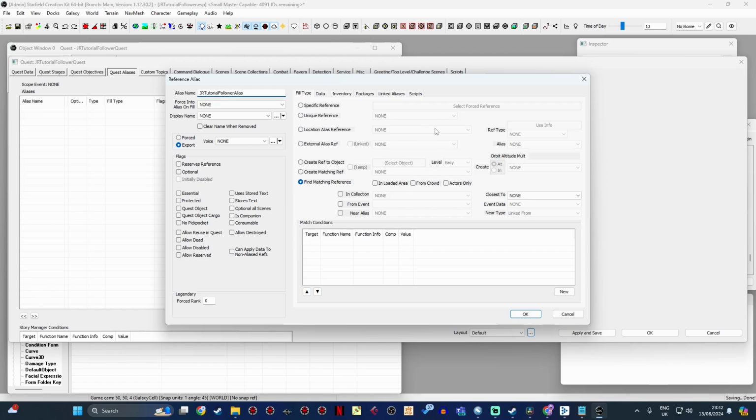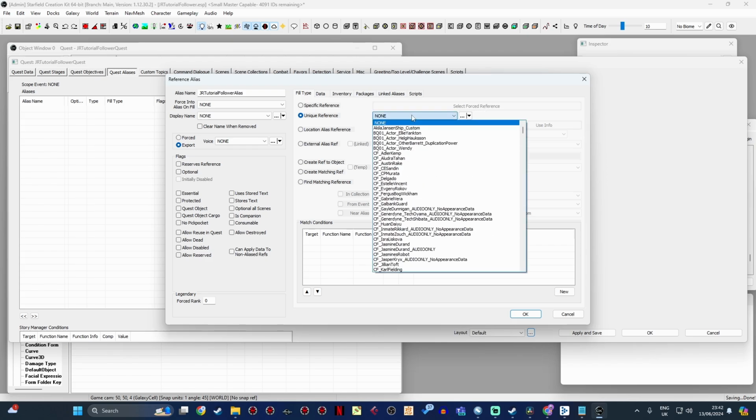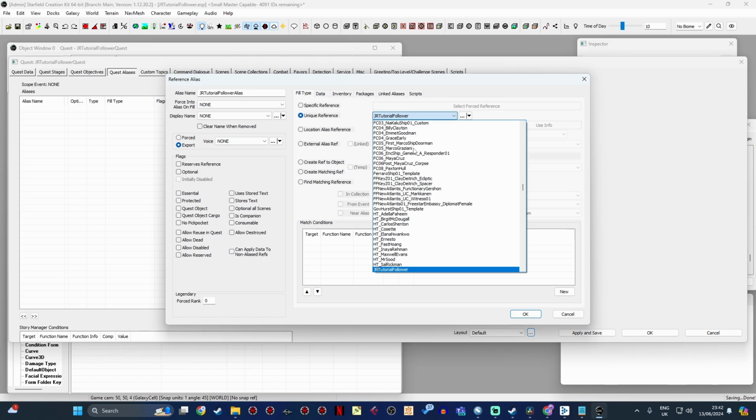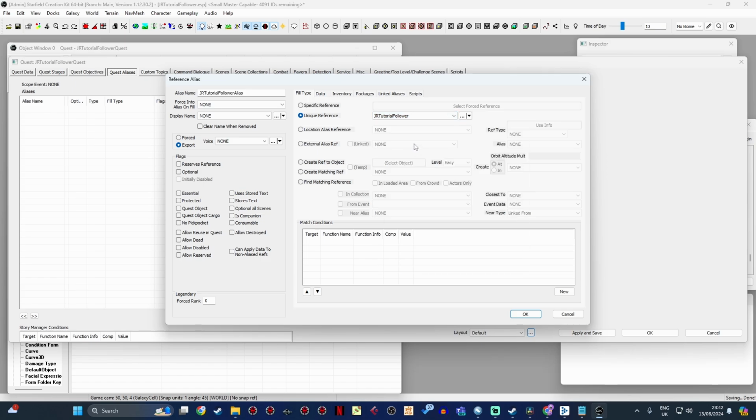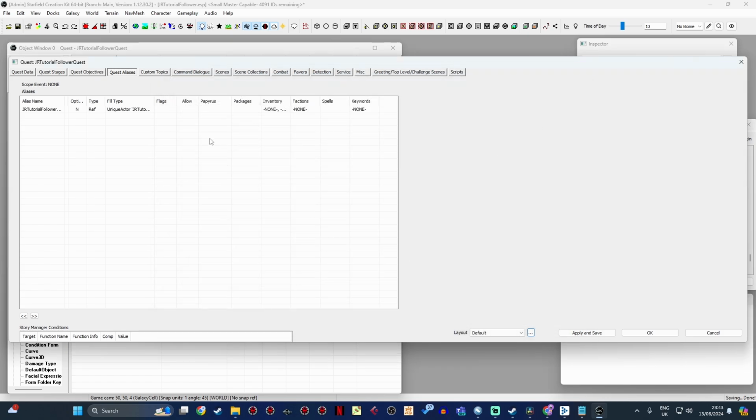And over on this side, you can click Unique Reference if you set your NPC to unique. Otherwise, you can do specific reference and fill them in with a specific instance of the NPC that you've placed in the game world. Anyway, under Unique Reference, you can type your prefix again, select, and then your NPC is going to fill that reference. Then hit OK. Go back to your scene.